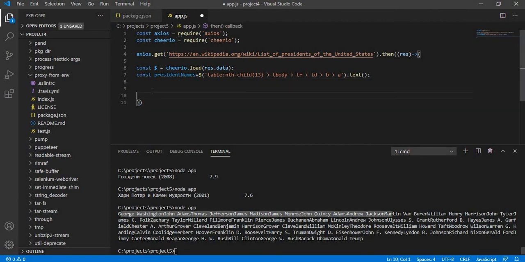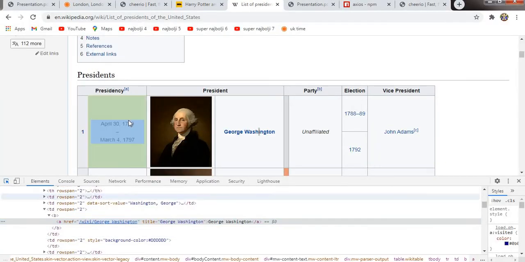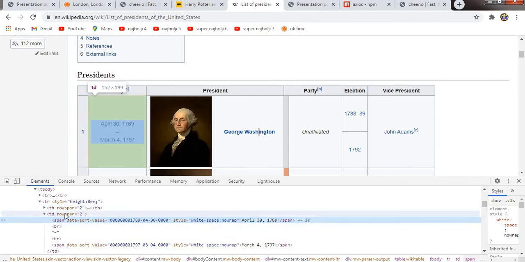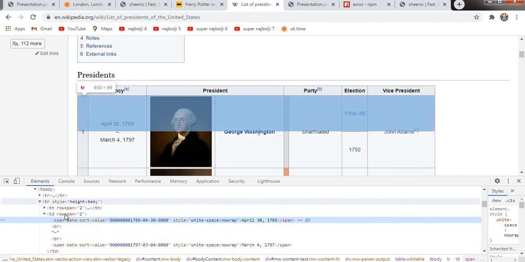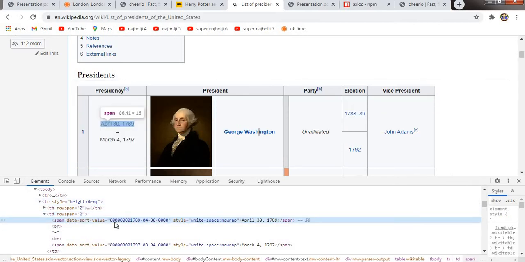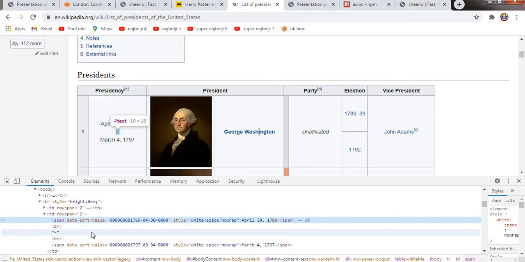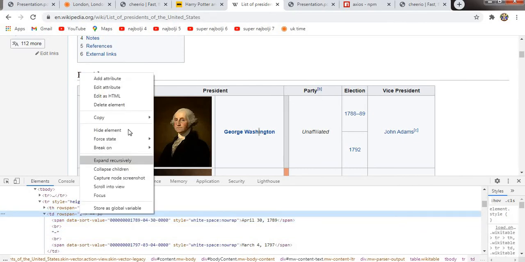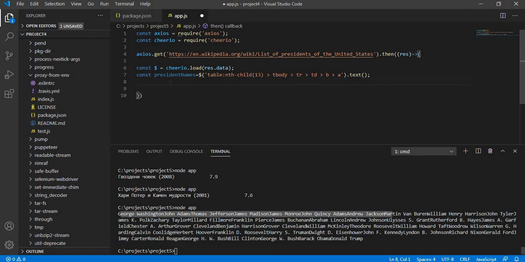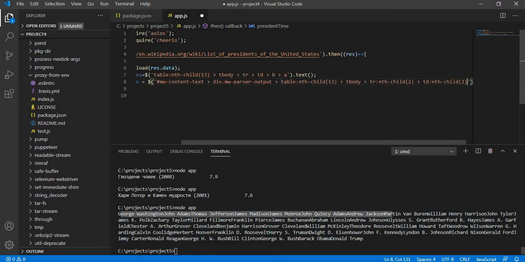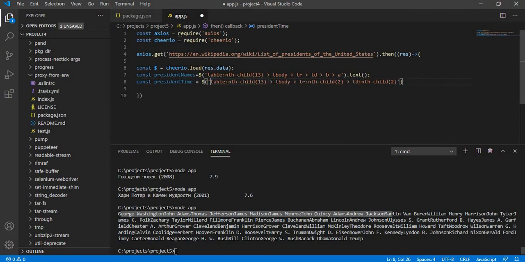And now the same goes for this. Again, we have these two, so we will copy this selector here, and again const, let's name it president time here, and again we are removing this, and we don't need this, we just need this. Okay, and .text